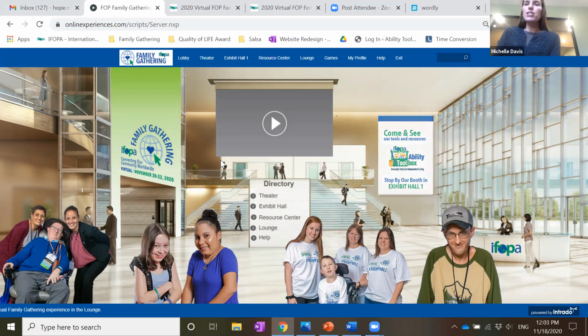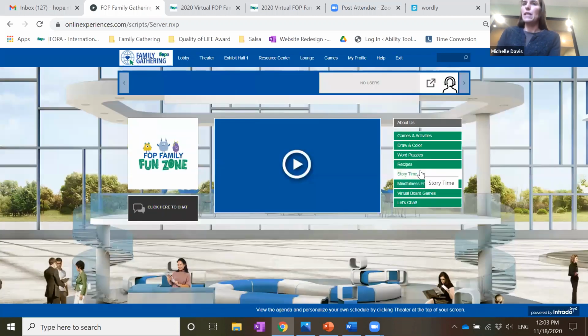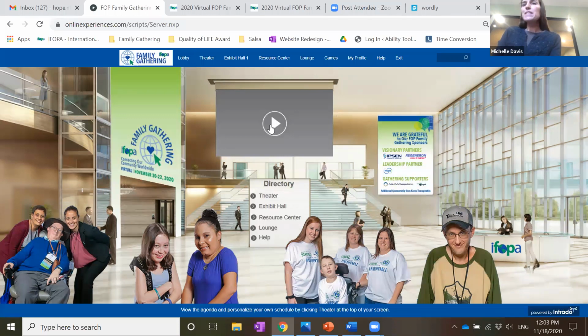So we'll start by introducing the lobby. This is what everyone will see when they join the event. Some faces from the community here, hopefully some of them familiar to you. You'll see we have these banners here. These are just advertising different aspects of the family gathering, and you can click. Most of them are linked to bring you directly to the fun zone booth, for example. This is a welcome video that will play on day one for everyone from Michelle Davis,